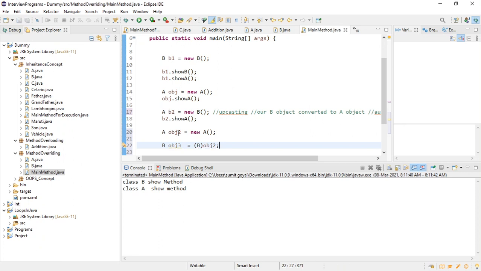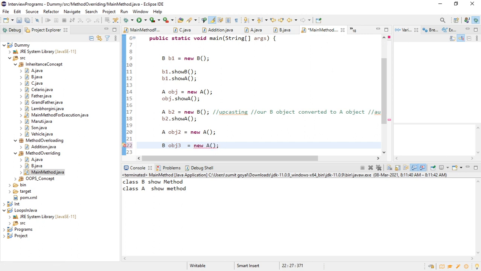Okay, so what I am doing here, if you see, this is our class a object, this is our class a object, you can clearly see. And now I am converting my class a object to class b object, right? Because I am giving the reference variable of type b. So here basically I have to write like this. I cannot simply say like this. If you see here, new this, sorry, not like that, new